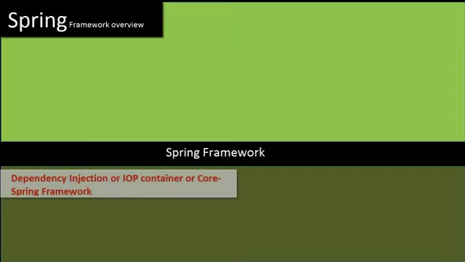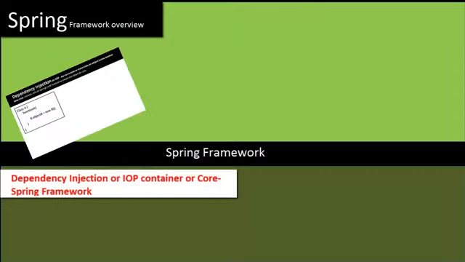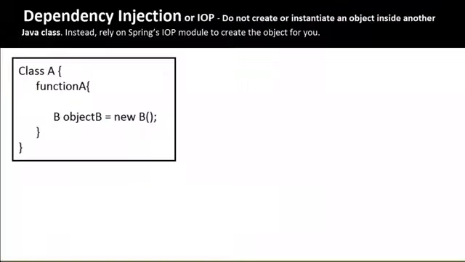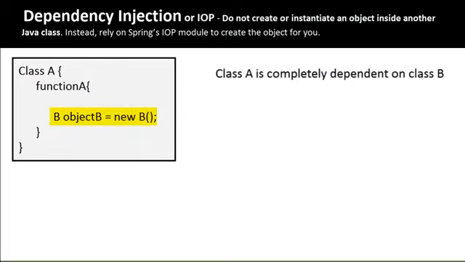The first module in the Spring framework is the Inversion of Control Container, or the Dependency Injection Engine. This is the core module in the Spring framework. What it says is you should not be creating or instantiating an object inside another Java class, but rely on this module for creating the object for you, which you can use anywhere in the Java project or classes you want. For example, here we are creating an object of class B inside class A, which means class A is